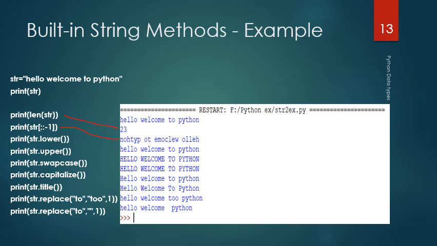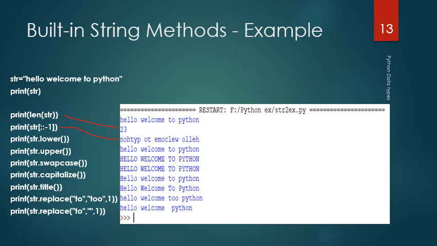str.lower will return the lowercase of the string. Upper is used to return the string in which all the characters are in uppercase. Swapcase returns a copy of the string in which the case of all alphabets is swapped. That is, lowercase alphabets are converted to uppercase and vice versa.